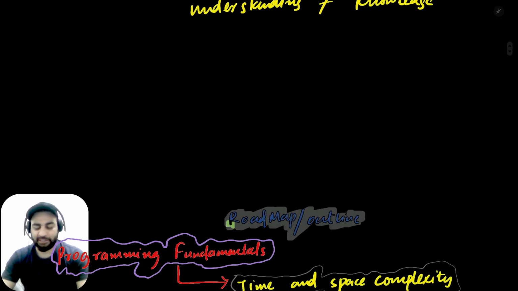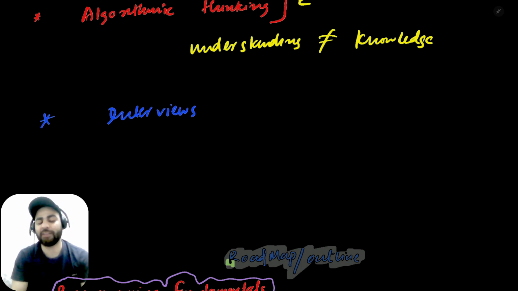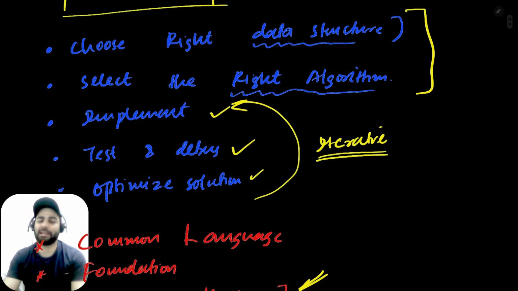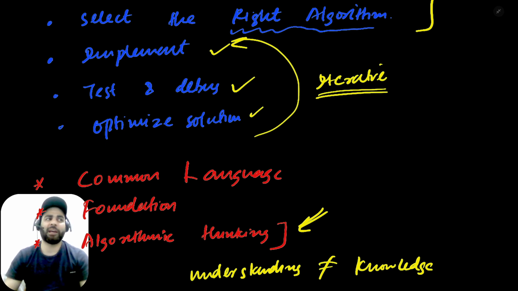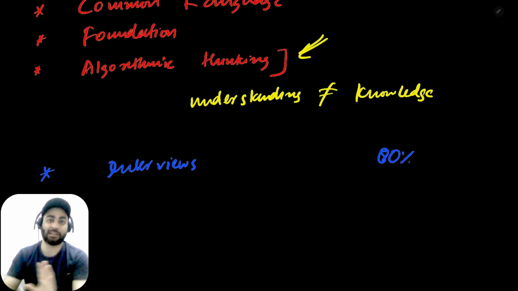And then the best part comes in where you said that it is helpful for interviews. That's why even companies do ask questions about this, because they want to check if this guy is able to handle a problem, if he has the common language, if he has the foundations, if he knows how to think algorithmically. And when I tell people that this DSA is important, they say, sir, I have been working in a company, but I have not used this DSA. I think 80% of the time I never use it. Maybe sometimes here and there, but most of the time I have never used this.